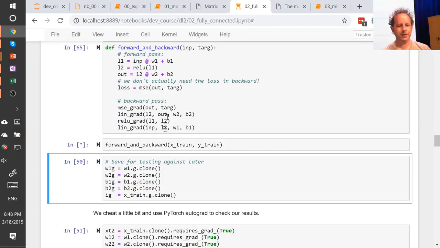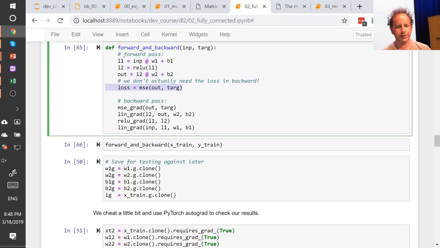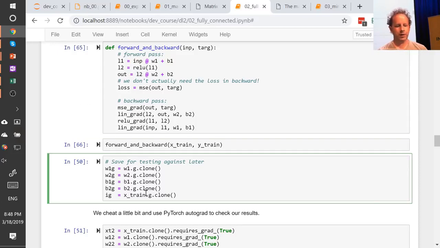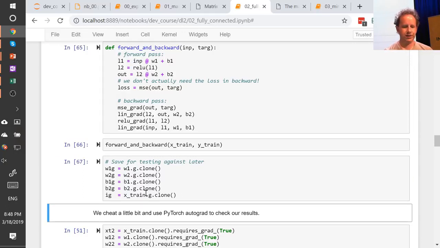One interesting thing here is this value here, loss. This value here, loss, we never actually use it. Right? Because the loss never actually appears in the gradients. I mean, just by the way, you still probably want it to be able to print it out or whatever, but it's actually not something that appears in the gradients. So that's it. So W1.g, W2.g, etc., they now contain all of our gradients,